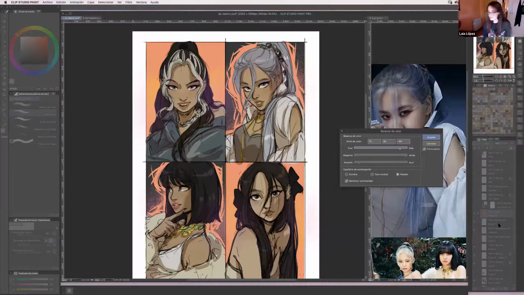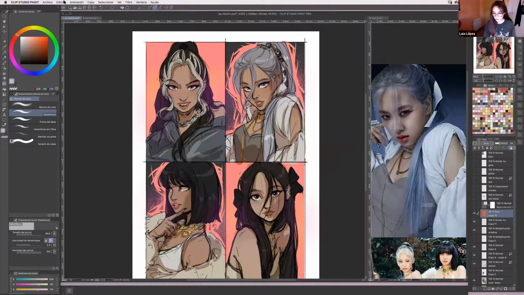And then once again, you guys can see that I'm obsessed with color balance, and what I do is I create another layer because it's something that I want to apply to the whole entire drawing. Again, with illumination only.